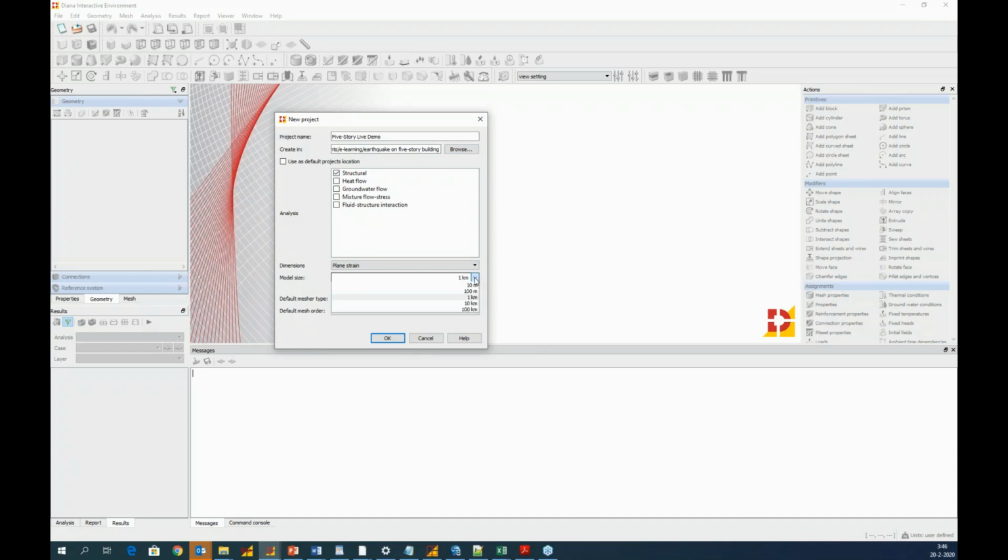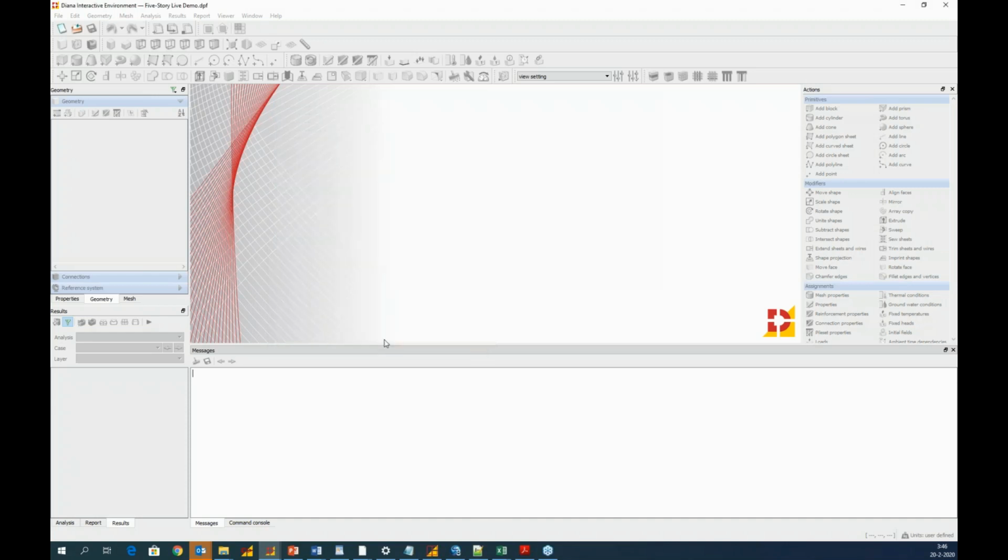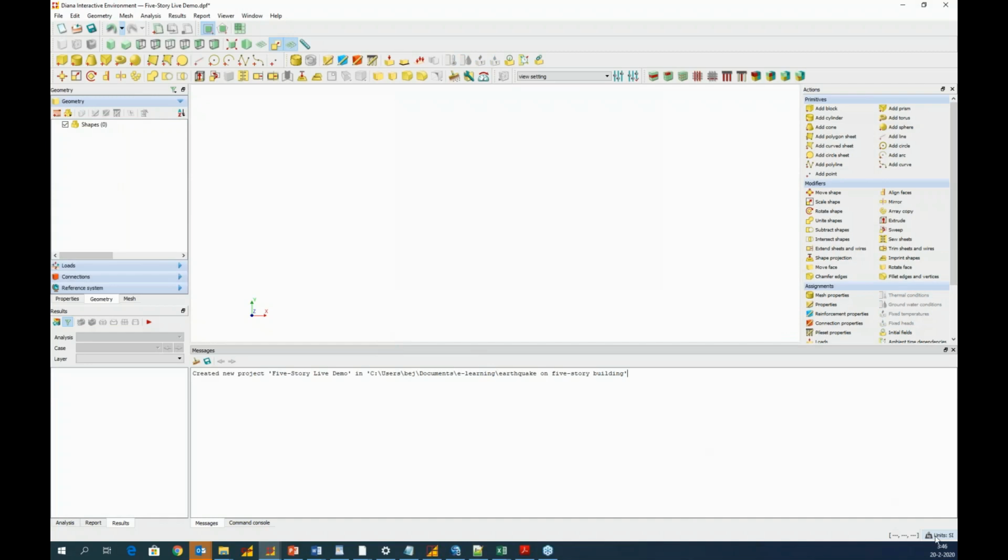For the model size, as you hopefully already know if you follow the webinars on a regular basis, this is the dimension of your modeling box. So you should choose a size and make sure that your model can fit in it. So for today, I'm going to use 100 meter. I go for quadratic and on shape, and I click OK. In terms of units, today we are going to use millimeter, ton for the mass, Newton, second, Kelvin, and radian. So we are ready to start.